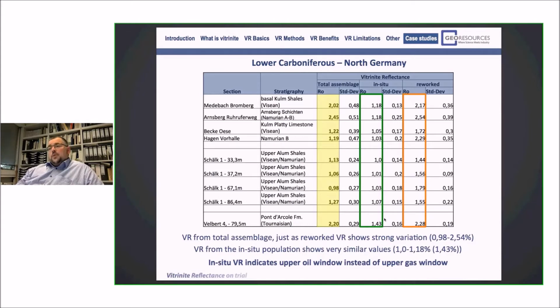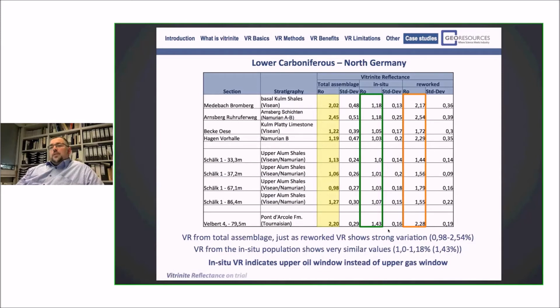Only this one sample over here is a bit higher, 1.43%, which seems to be related to the structural tectonic setting this well is placed in. And again, the reworked assemblage has a relatively high spread of maturation between 1.4 to